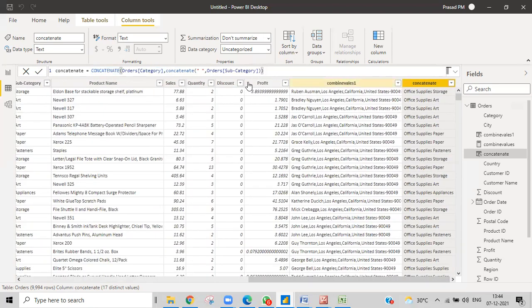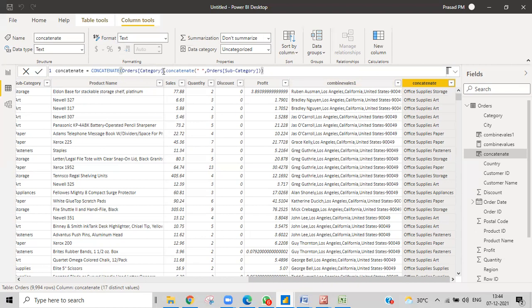So why use such a complex thing? You can use it directly, like combining values here, and we can keep a delimiter. In combined values, it would be like using CONCATENATE two times. Rather than that, we'll use CONCATENATEX. But sometimes we don't need any delimiter. If you want to add one, then obviously we'll use this, because in combined values you need to compulsorily use a delimiter. That is the complex kind of thing.